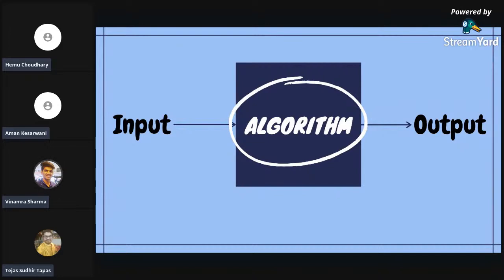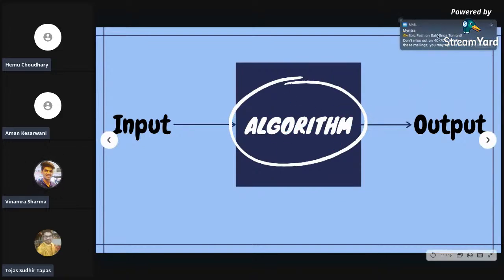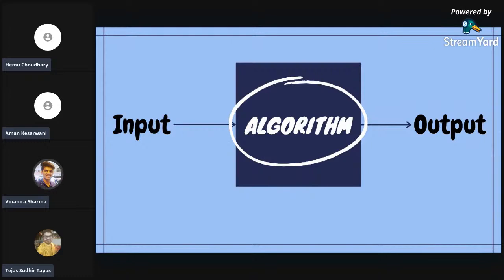This algorithm doesn't really refer to the algorithm that you write, like step one, open the loop or something. No. Here it stands for process. This algorithm symbolizes process. So when there is any input in any computer system or in computer science, a process takes place. And this process, which we have named as algorithm, is basically all that computer science is.